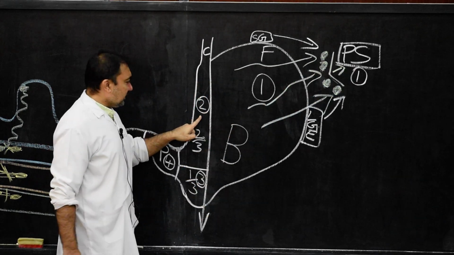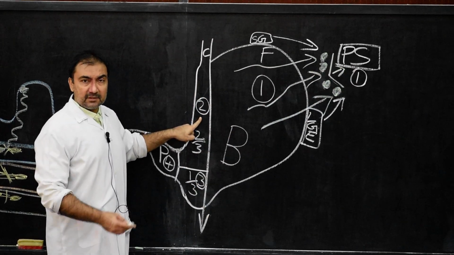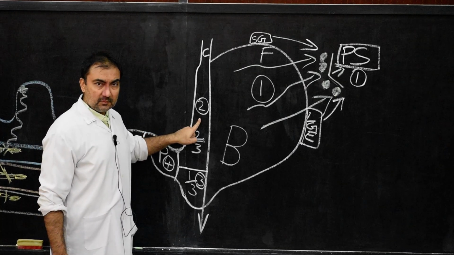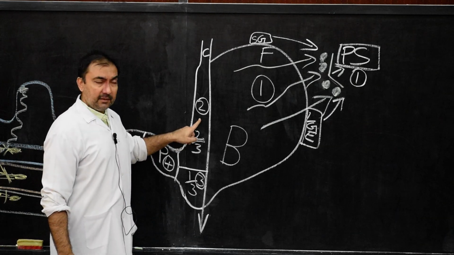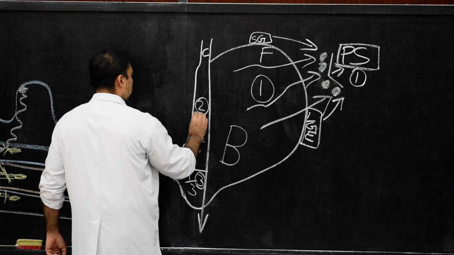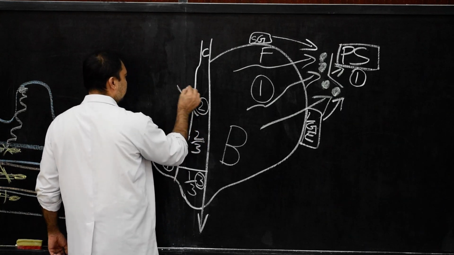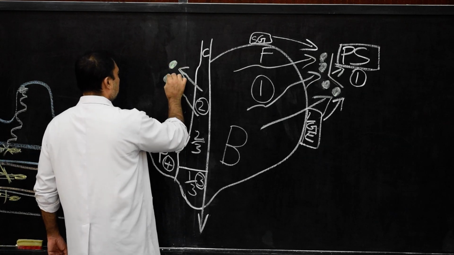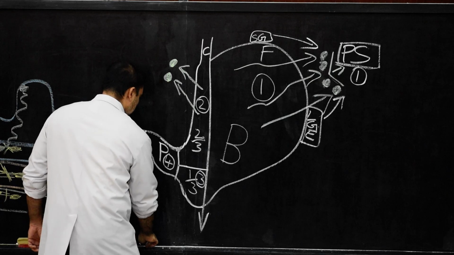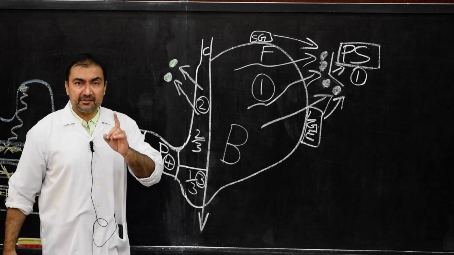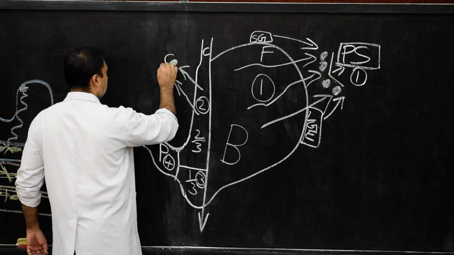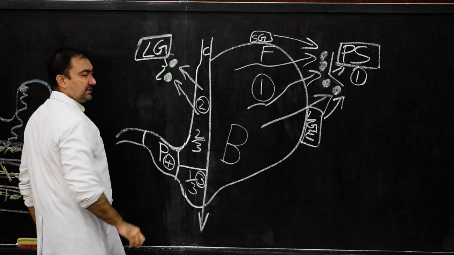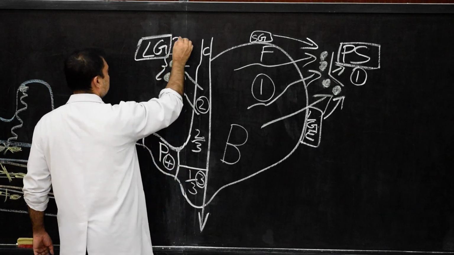Second, the upper two-third area of the right side of the stomach will drain through lesser omentum. And where it will drain? From this portion, the lymphatics will drain into the group of lymph nodes here, which will be known as left gastric group of lymph nodes. So here I am going to write this as left gastric group of lymph nodes, and here we will give it number 2.